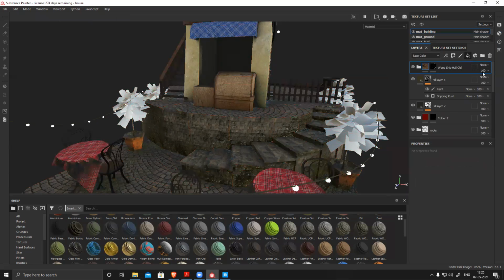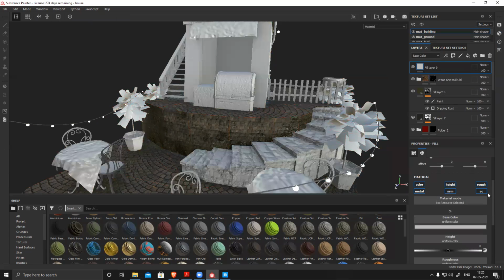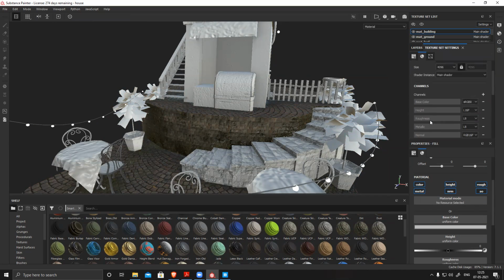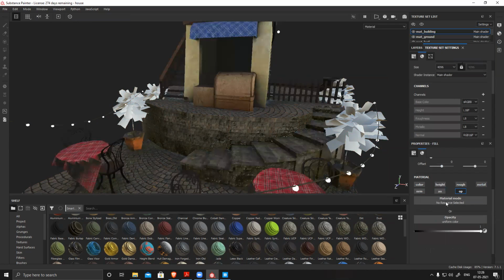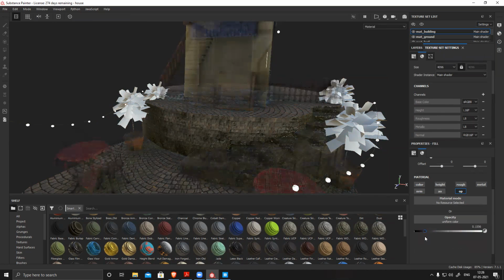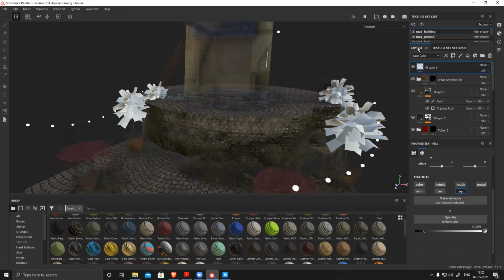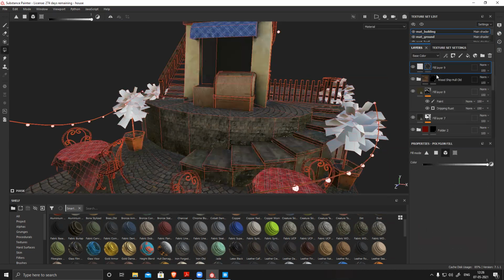So I'll just create an empty layer. You can see there is no opacity option. So I have to go to texture setting, go to channels plus opacity. Now alt click on opacity. It will deactivate everything, only keep opacity. Now I'll make it almost transparent. Right click, black mask,